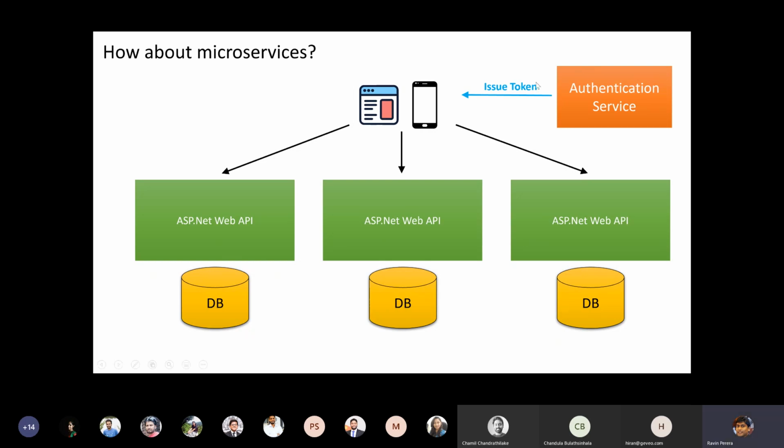So this authentication service is the one which takes care of issuing the token to the client, right? Now, how about token validation? Is there any point for the authentication service to be performing the validations? Because what do you need to validate?